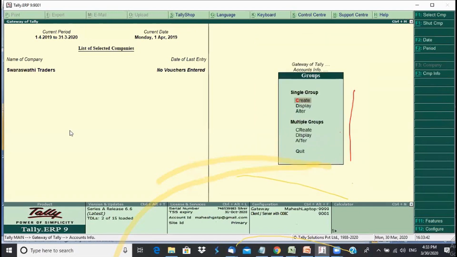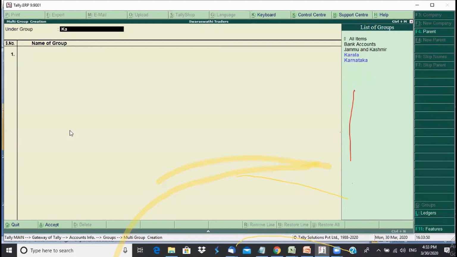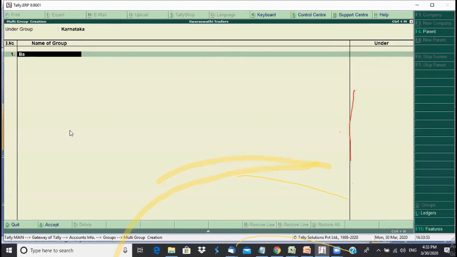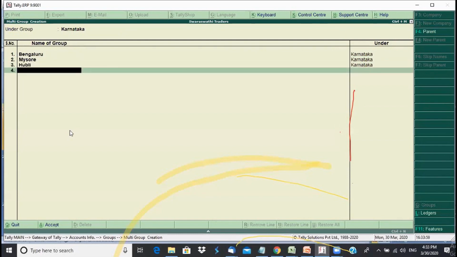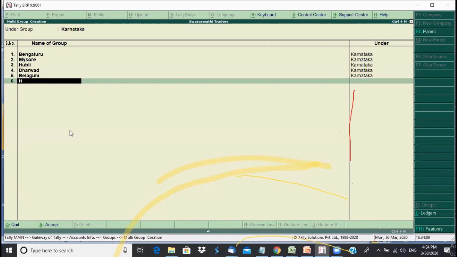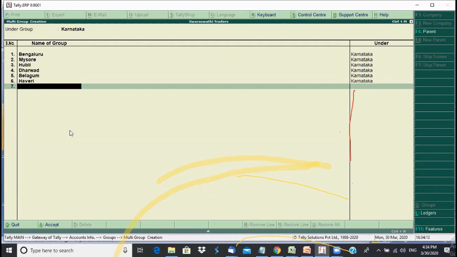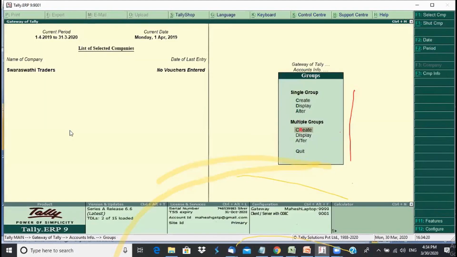Again, you could go to groups. Okay, if you have multiple districts, say example, I'll just say, under Karnataka. Okay, I have Bangalore, Mysore, Hubli, Dharwad. Okay, then Belgaum, Haveri, whatever the districts that you want. Mangalore, you could name. Okay, similarly, under Tamil Nadu,